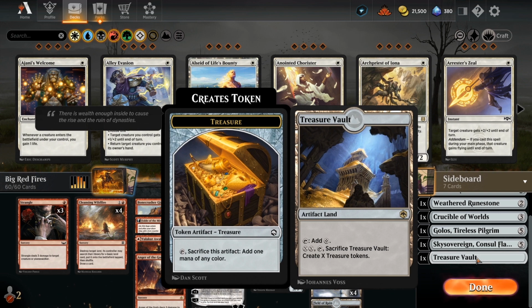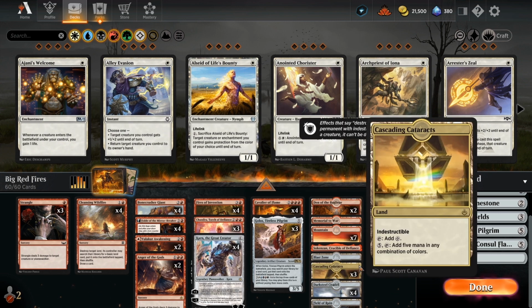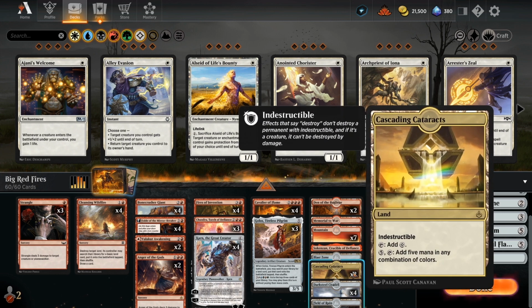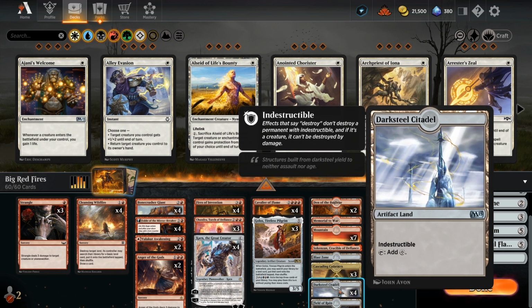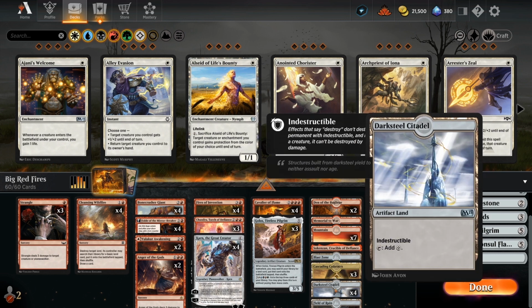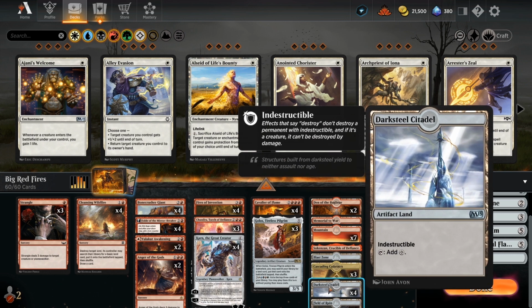Thank you very much. It's an artifact land you can pull, since we got the Cascading Cataracts and the Darksteel Citadel. Something to note, if you do have 4 Cascading Cataracts, play 4/3 instead of the 3/4 that I've got here. I just didn't have the rare for the Cascading Cataracts, and it's a minor upgrade, but Cascading Cataracts is technically